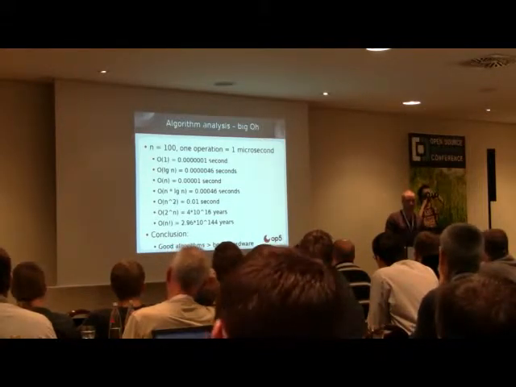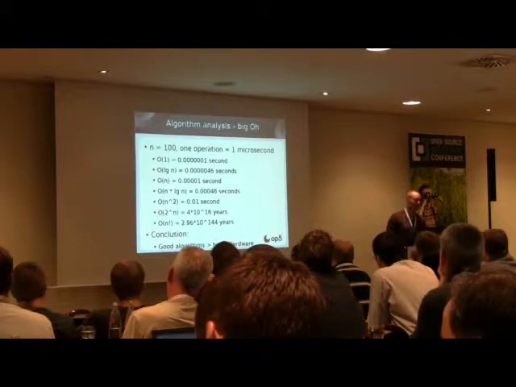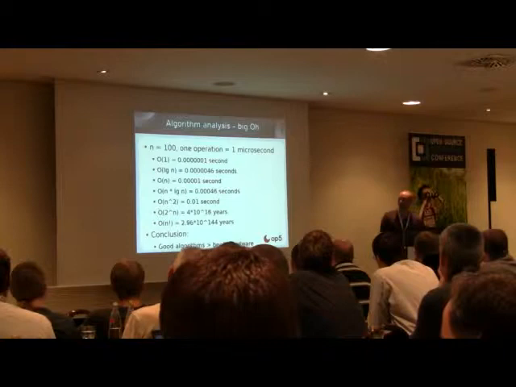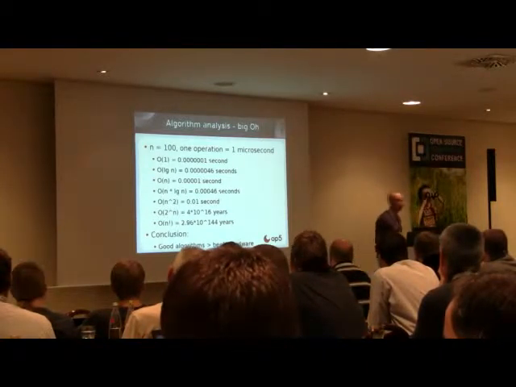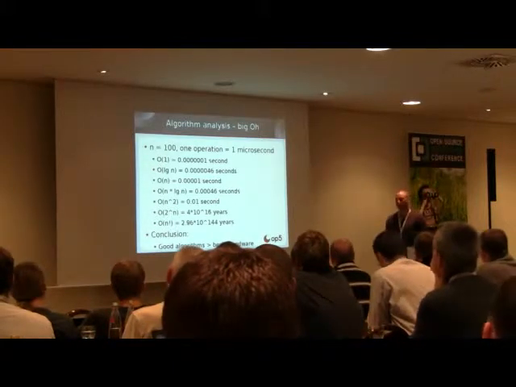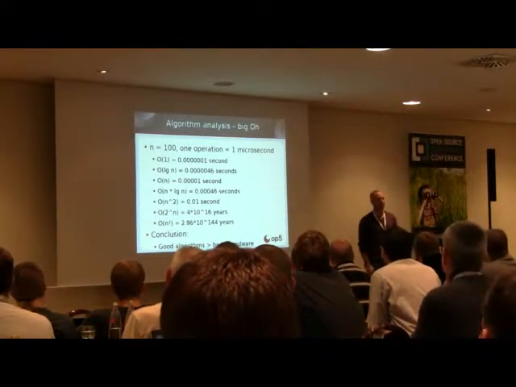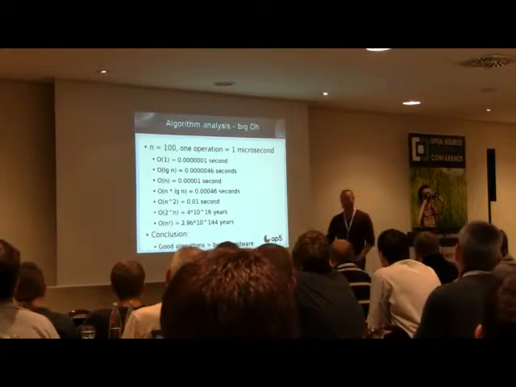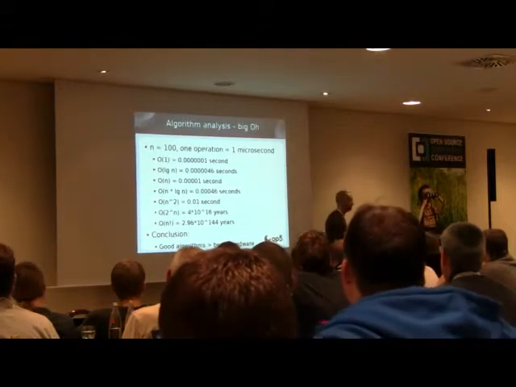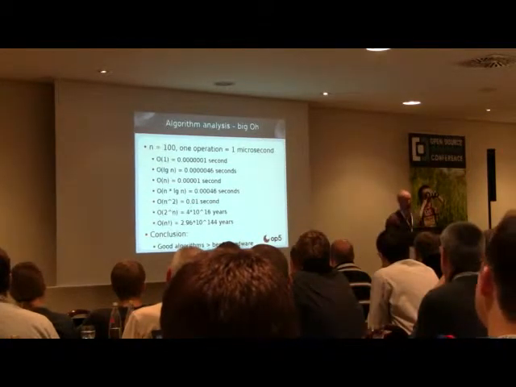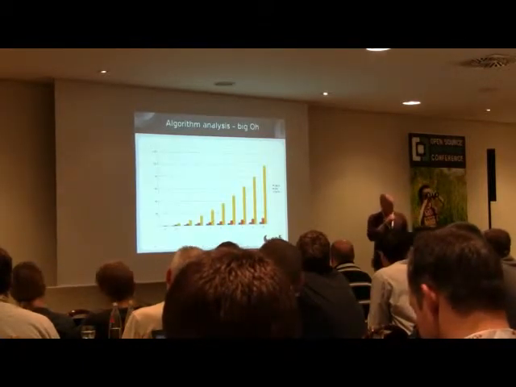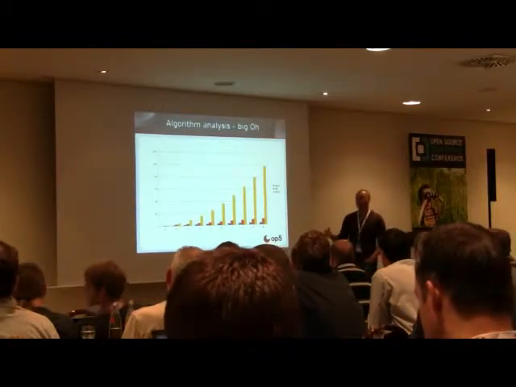2.96 times 10 to the power of 144 years, if you have 100 elements and each operation takes 1 microsecond. If you have factorial performance down here, not very nice. If we apply Moore's law to this, we can see that it will take a couple of 100,000 years before computers are fast enough to make even a dent in the gap between this algorithm and this algorithm. So if there is a faster algorithm, it will always be much better to use that than to just throw more hardware at it. And here you can see the growth rate from 1 to 10